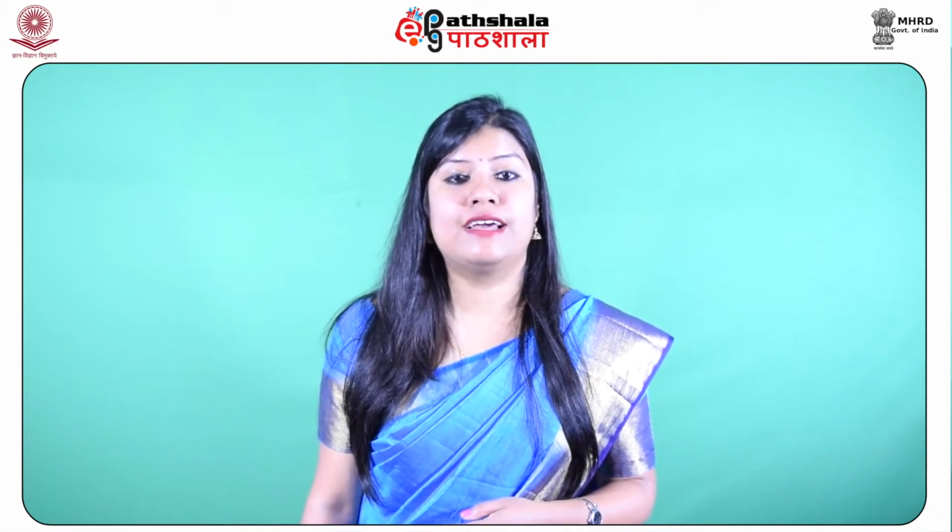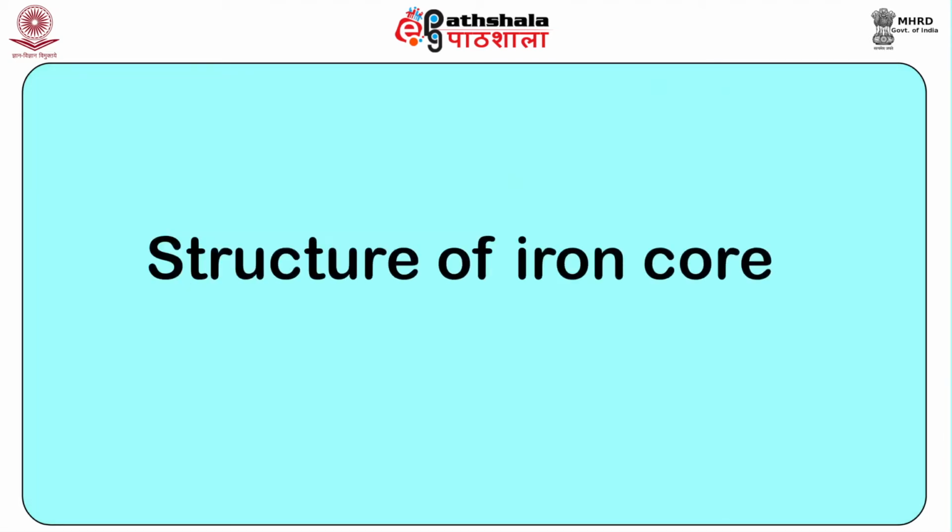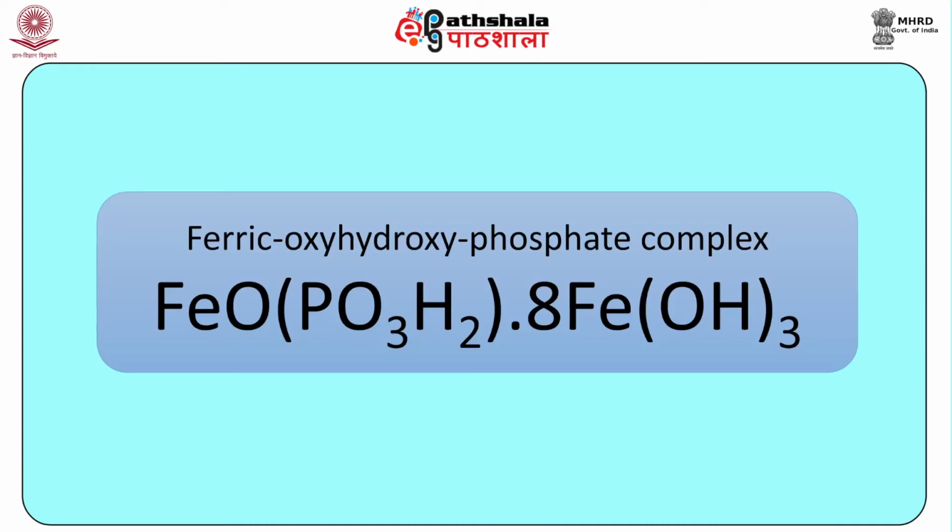Three-fold access channels are lined with hydrophilic aspartate, glutamate and serine residues. Next, we should get an idea about the iron cores. So how do they look like and what do they comprise of? Chemically, iron in the ferritin core is stored in the form of a crystalline ferric oxyhydroxyphosphate complex that has the chemical formula